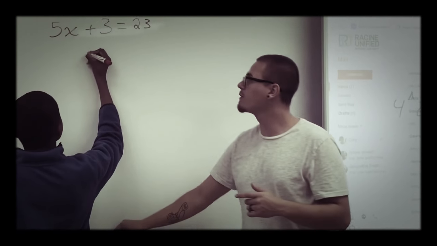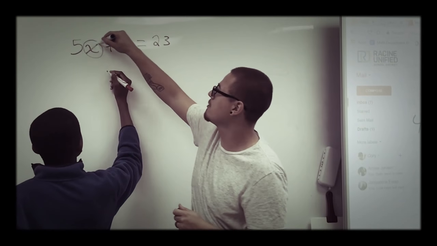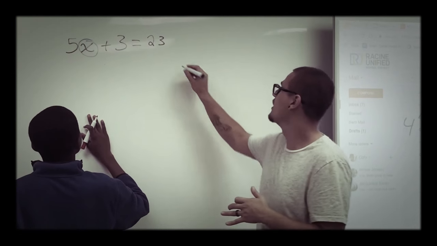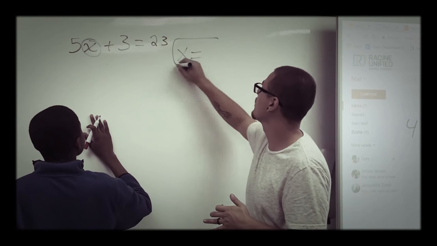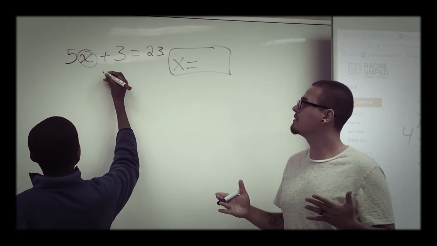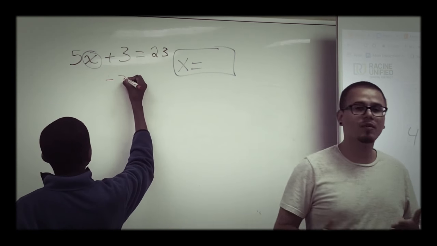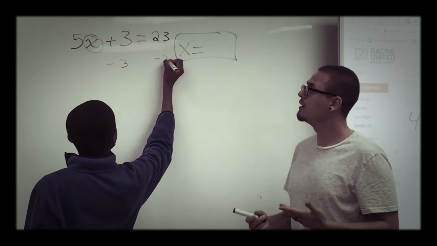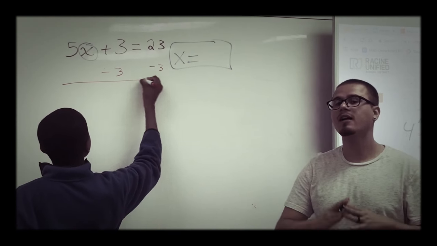So what we want to do before we start solving is circle that variable so we know that's what we're trying to get by ourselves. We're going to get x equals something, so I'm going to put that right there so I know what I'm going to do. So the first step is to subtract 3 from both sides because we want to undo addition. And if you do something to one side, you've got to do it to the other